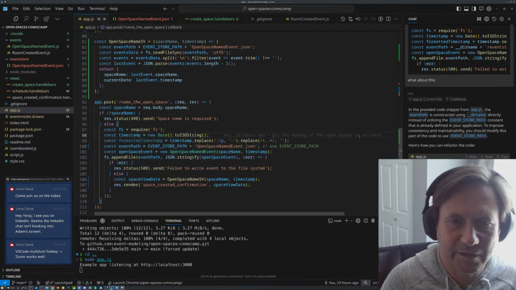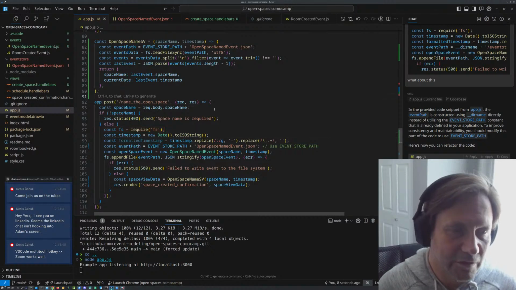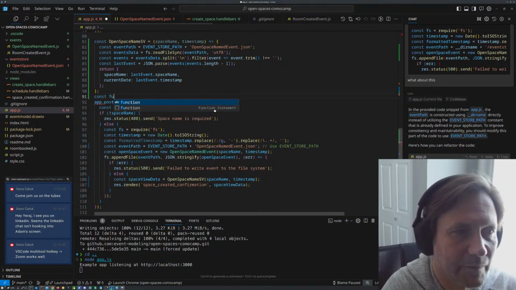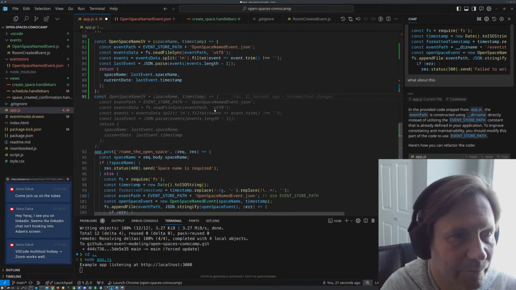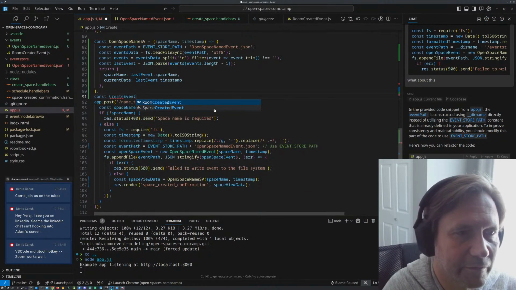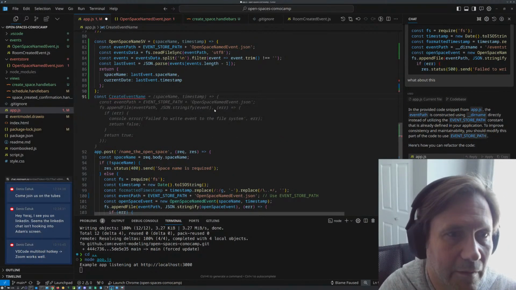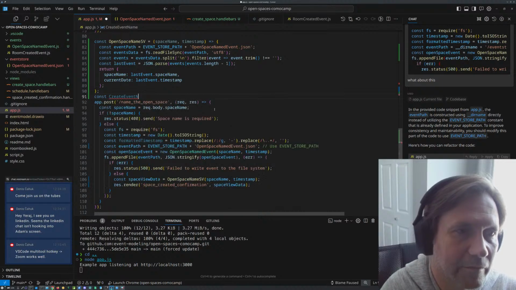The other thing that I want is to make a function. So const. No, we already have that. We want create event name. Event file name.